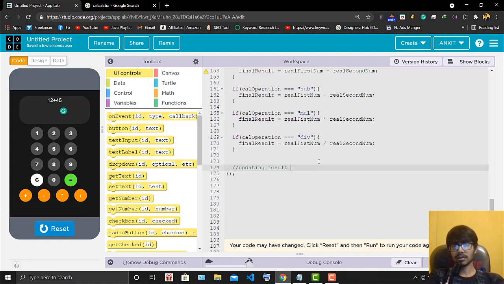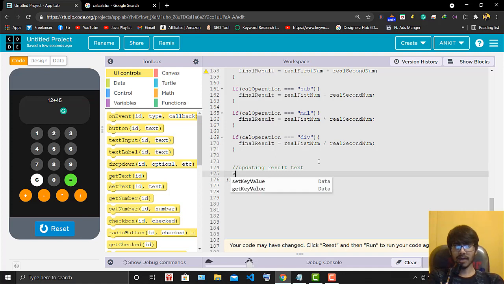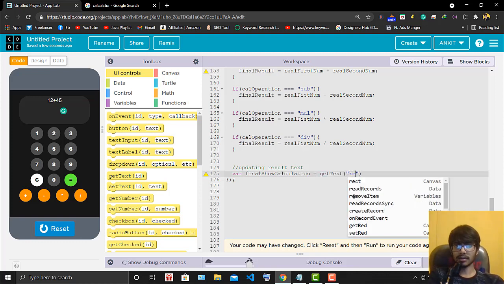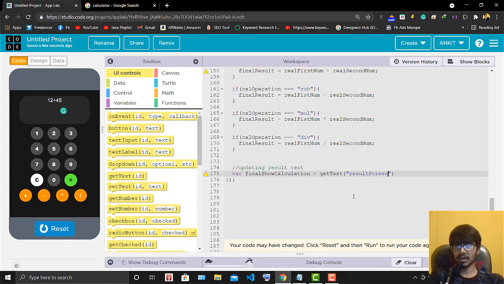So, updating the result text. For this I will write where final show calculation. Let's say we want to finally show the calculation, and it equals get text of the id which is result screen. Now I write plus, I will show an equal sign there plus the result also.